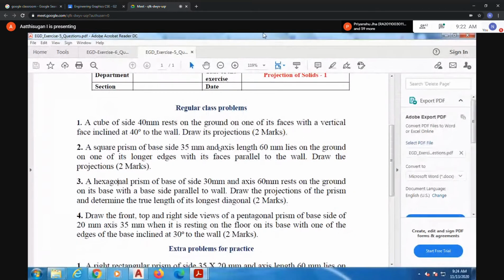So in this case also, you can explain two edges perpendicular to the wall. Okay, so in this condition, in this position, these two faces are perpendicular to the wall. In this position, these two sides are parallel to the wall. That you have to remember.